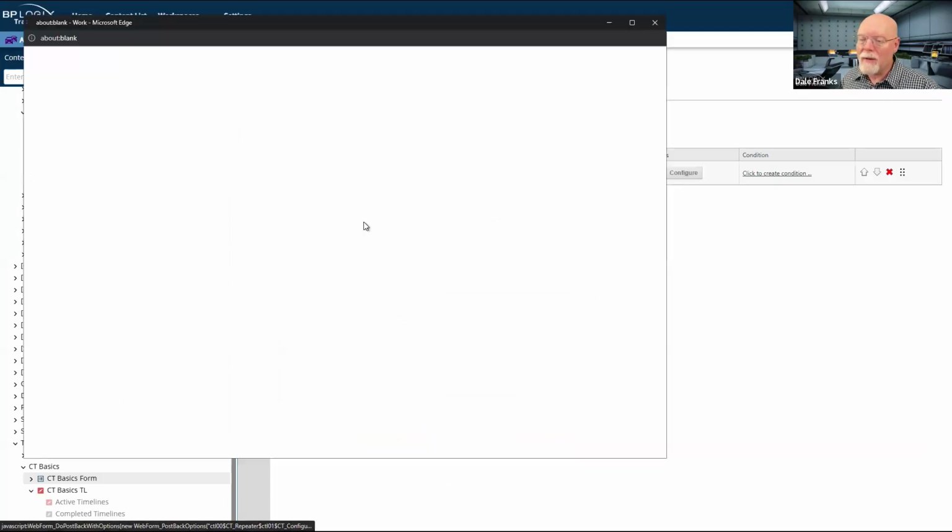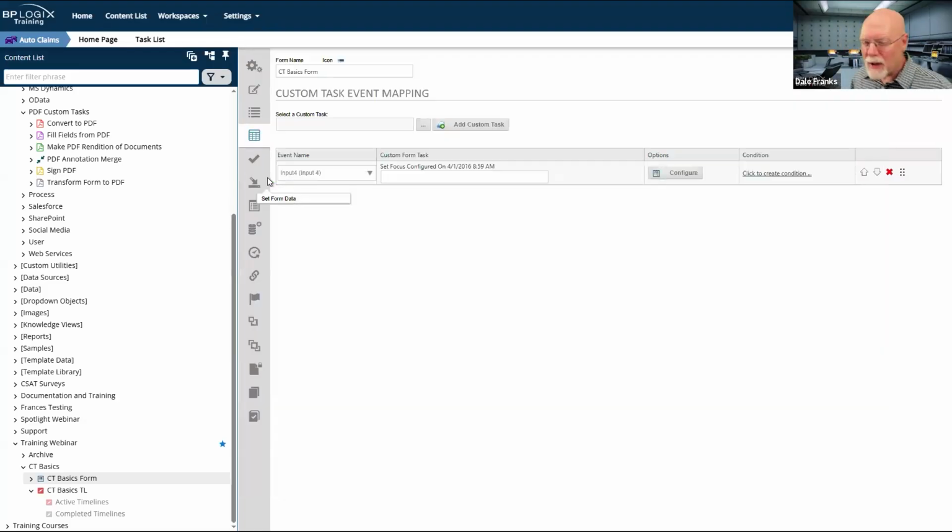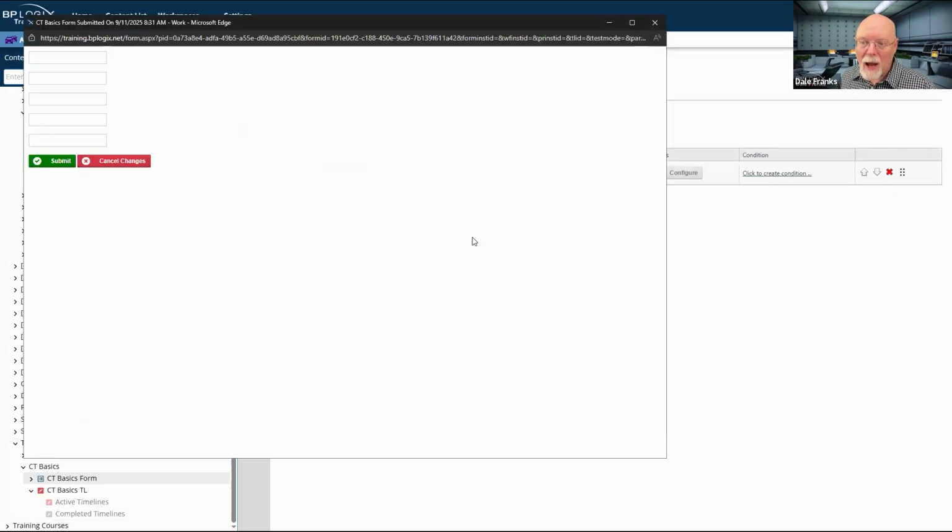And then to configure it, I just need to specify the field that I want to be the next field in the tab order. In other words, the field that will receive focus after this event fires. Obviously, I want that to be input 5. Super simple to configure, but you usually have to configure it any time that you have an event field on a form, because if you don't, your tab order gets reset.